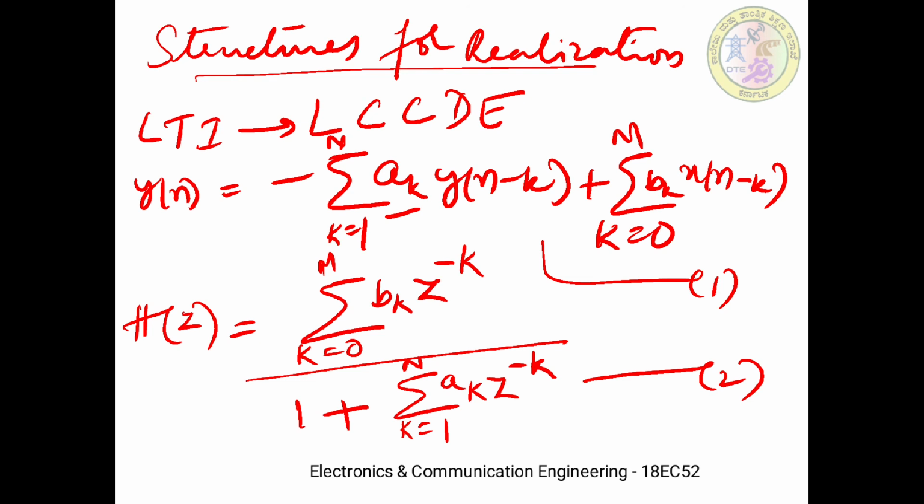So from each set of these equations we can further construct block diagrams which consist of an interconnection of delay elements, multipliers, and adders, as shown. That's why in the previous sections we have shown the block diagram representation. Those block diagrams consist of delay elements, adders and multipliers, and they are further used in the realization of discrete time structures. Therefore these block diagrams are known as realizations of the system, or equivalently they are also called structures for realizing the systems.